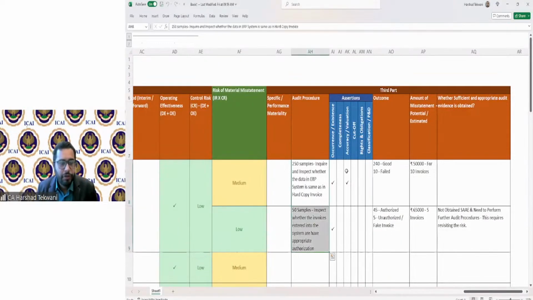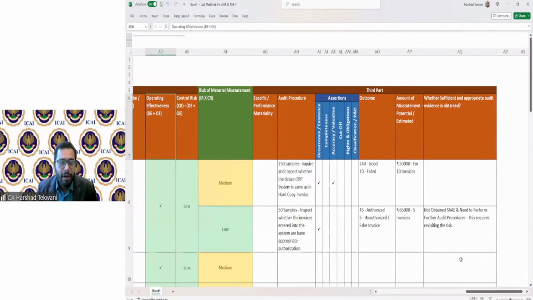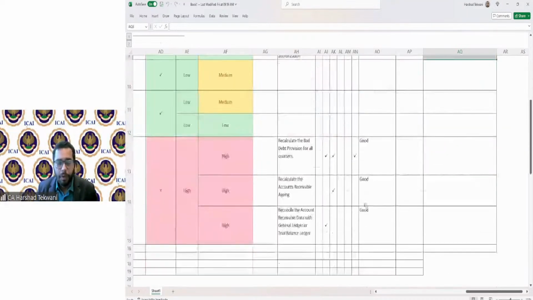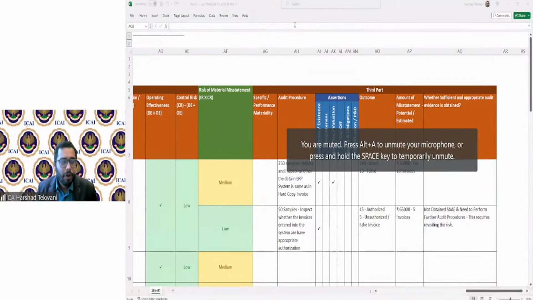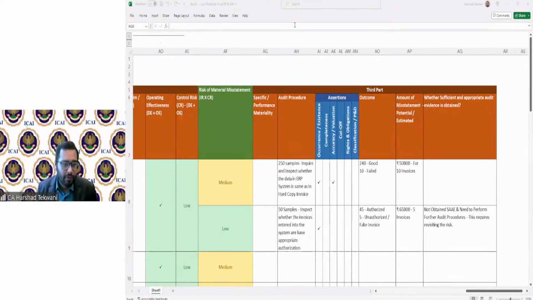We added audit procedures at the assertion level to address the risk of material misstatement which arises due to either control risk or inherent risk. Then, if we identified a misstatement, we considered whether we need to obtain further audit evidence or not. We discussed in detail that it's not a one-time process, but a continuous process. We discussed practically how to create a response to the assessed risk.